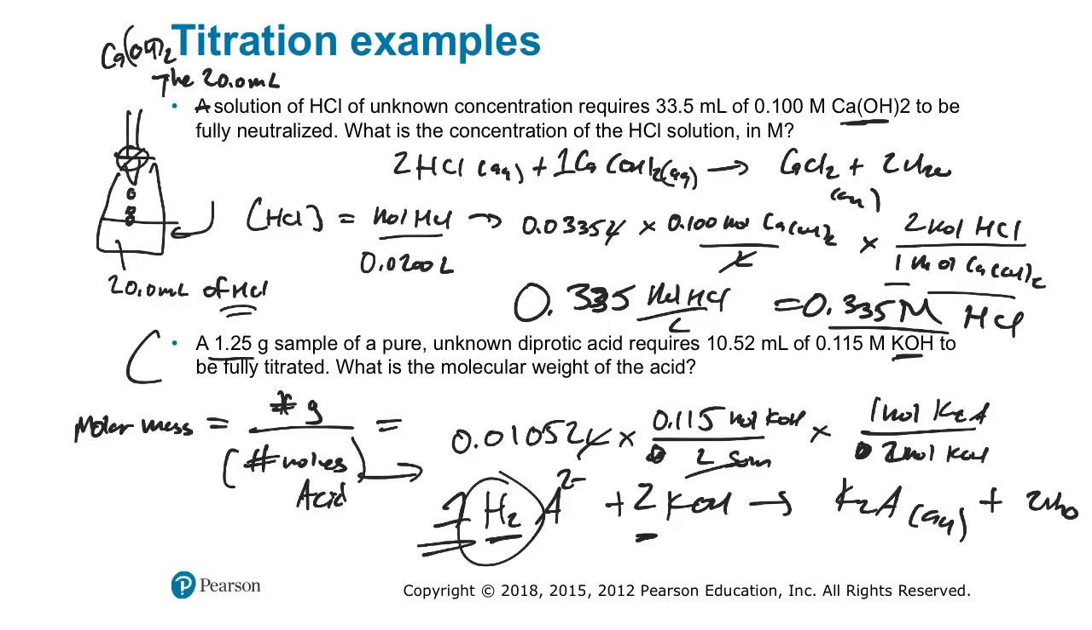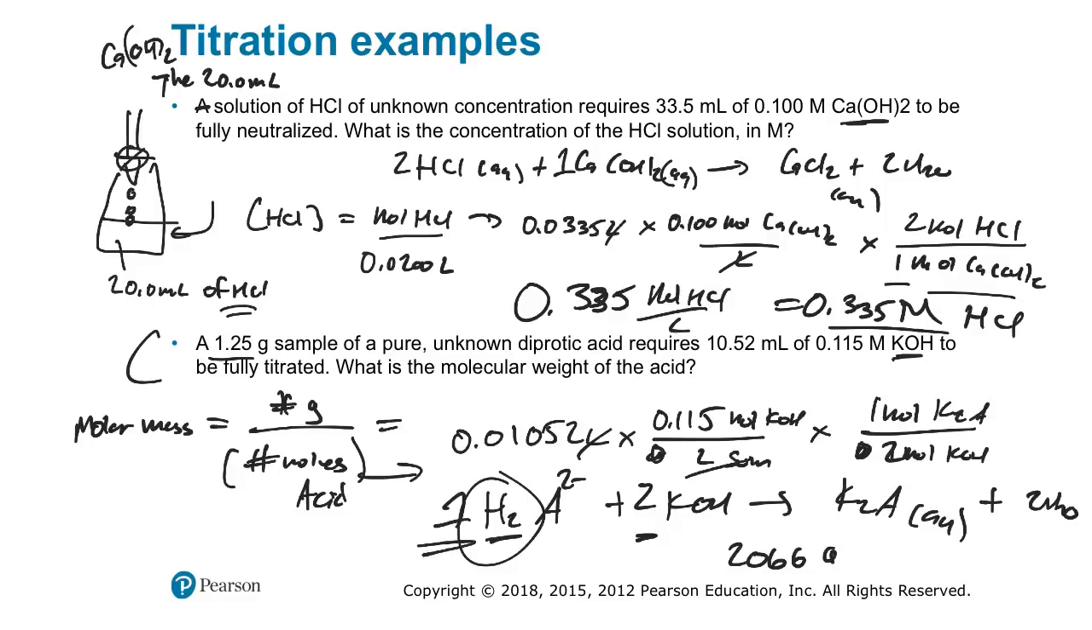Okay, so if I take 0.01052 times 0.115 and then divide that by 2, that's the moles of the acid in that original 1.25 gram sample. Then I take my 1.25 gram sample and divide by the number of moles, and that gives me a molar mass. Now I'll be honest, I just made these numbers up and they're not very sensible, but the molar mass works out to be